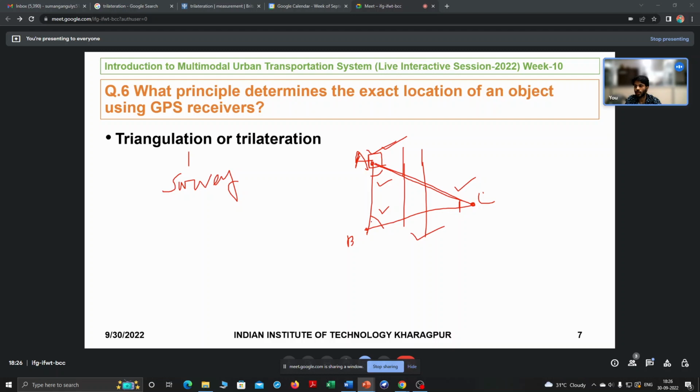If you know this angle, then you know this angle, and you also know each and every value, so what is the distance? So this is actually called triangulation in survey. And what is trilateration? Trilateration is,